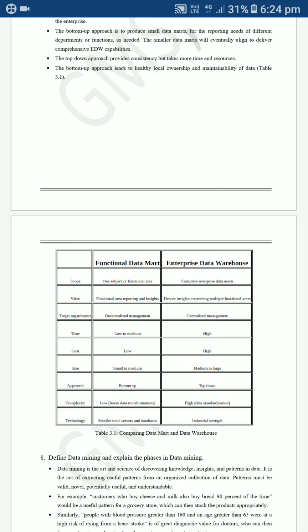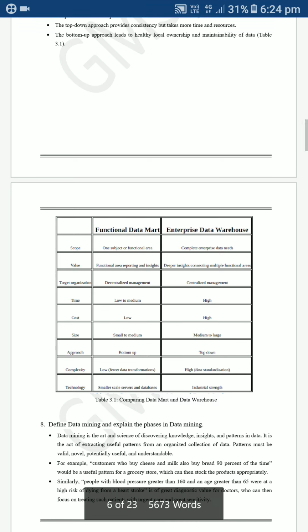Here I'm using bottom up and top down as well as we have categorized. And next, it will be using the functional mapping, and here we are using multiple functional areas in the enterprise data warehousing, like that we are differentiated.